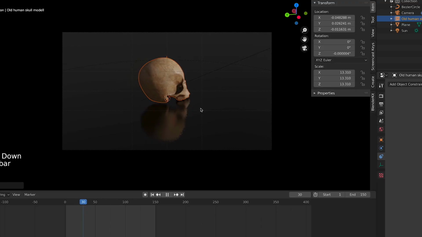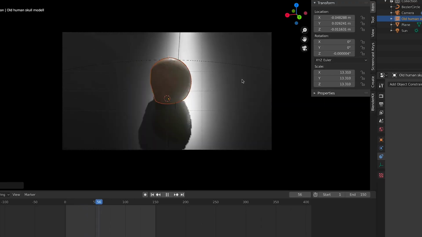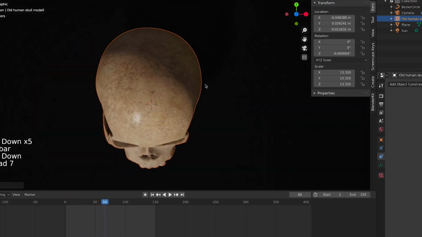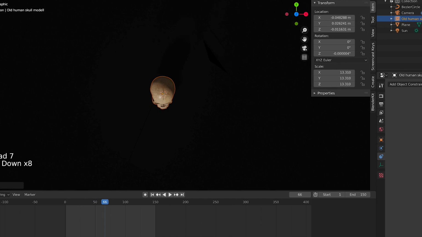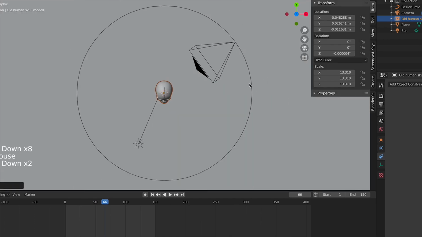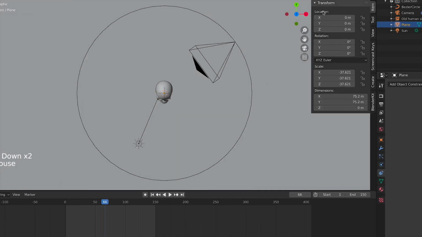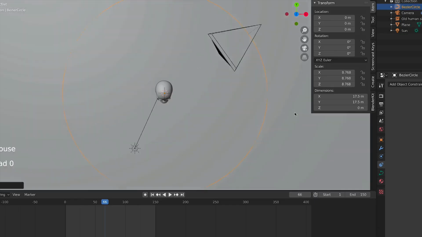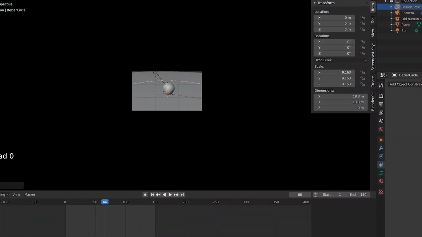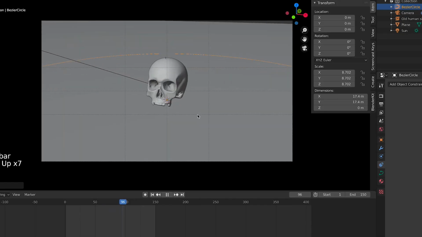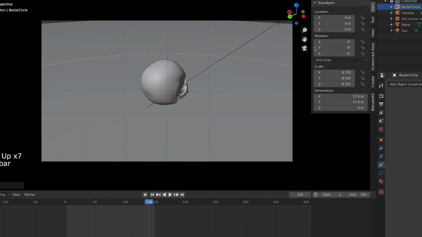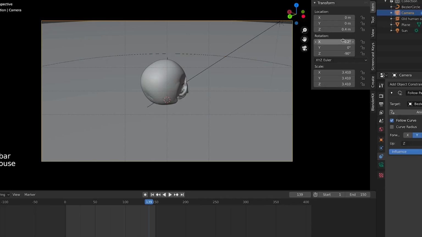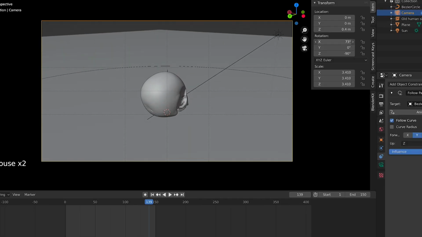So now if you play this animation, you can see that it's going around, and also I want this circle to scale a little bit, so I will switch back to solid view. Now I'm going to select my circle, so to about here,